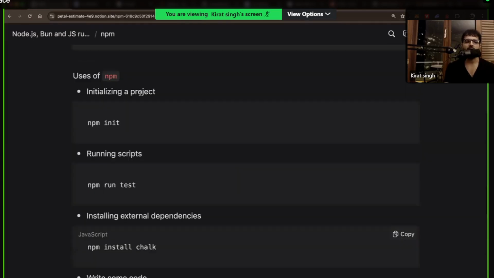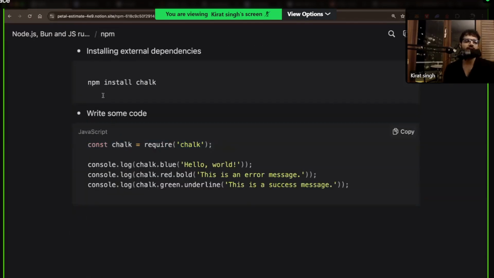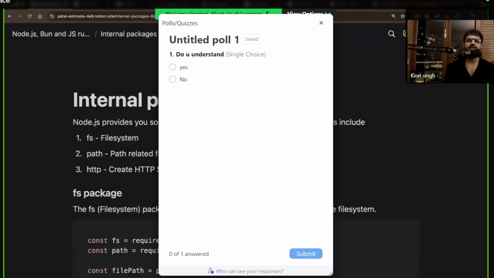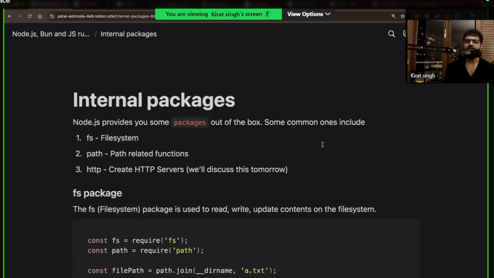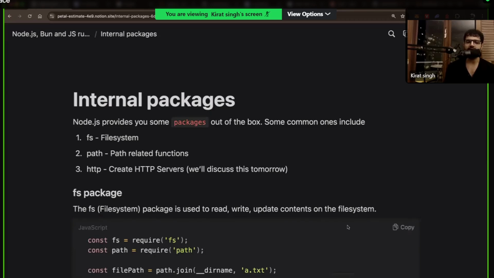Do we understand the concept of npm, the CLI, and its most important use case, which is installing external packages locally? Let me do a quick poll. Can we proceed to the next section of internal packages versus external packages? 88%. Let me look at Q&A. It's sort of a break time. Let's take a small 2-minute break. Let me look at Q&A. Any specific question that led to 88%, which isn't great?